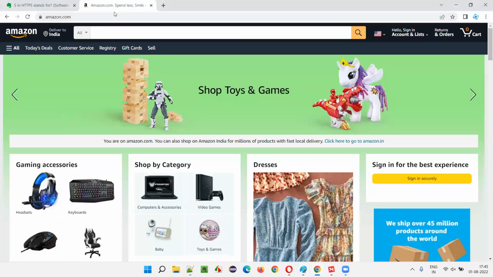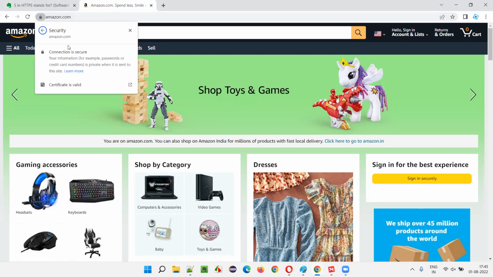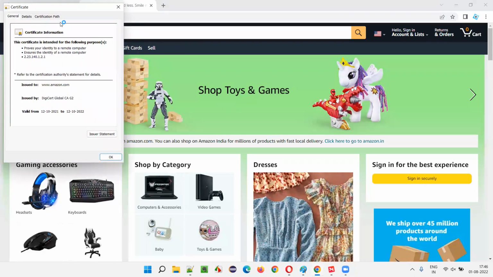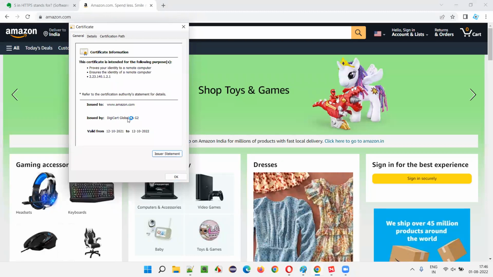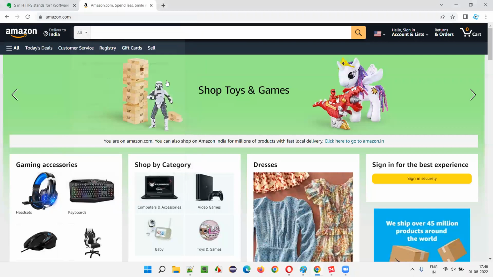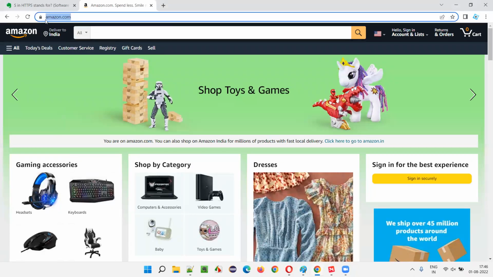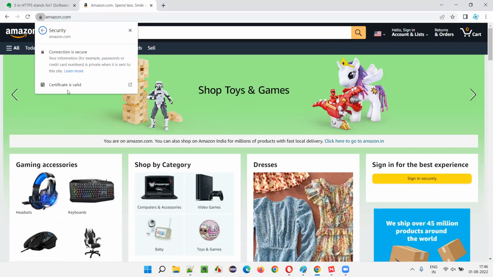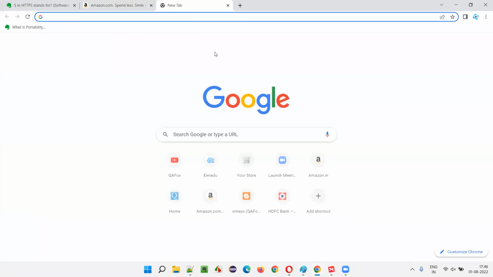These applications like Amazon will purchase these certificates from different sources. For example, this certificate is sold by DigiCert Global CA G2. Is it SSL or TLS? I told you, this is the latest application, so it doesn't use SSL. But if you still want to find out,